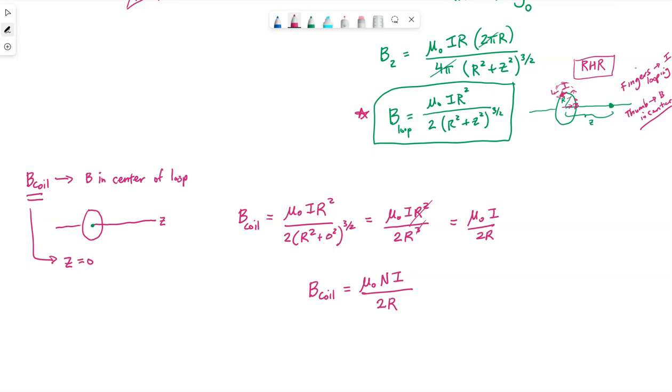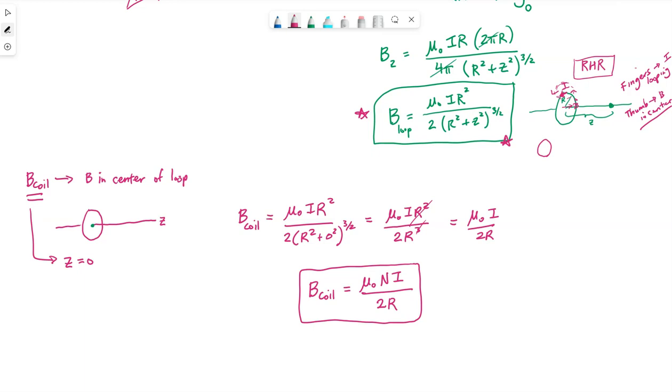See an N. Now if you think about it for a sec, I imagine it will make sense what N means. So our loop up here, we were talking about a wire that just looped around once. And so this equation allowed us to find the strength of the magnetic field due to that one loop of